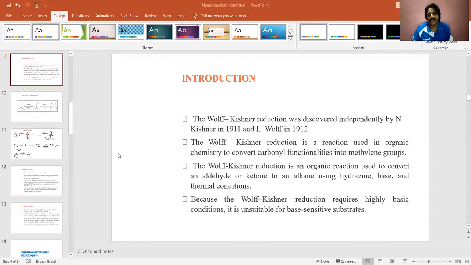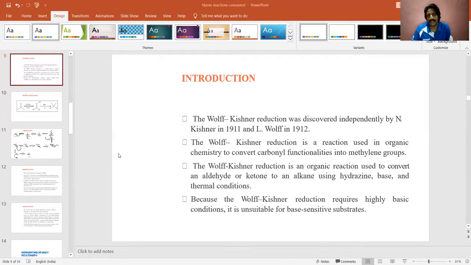So this reaction happens in the presence of hydrazine and base. Usually a stronger base like hydroxide ion is used. And this reaction happens at moderate temperature, nearly 200 degrees Celsius. For this reaction, different variations of solvent can be used, but generally ethylene glycol is used as